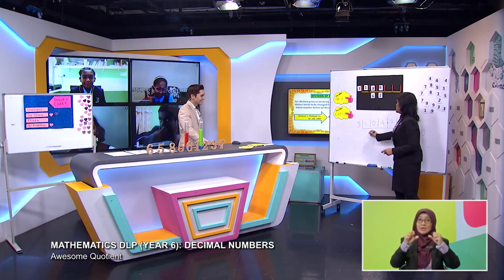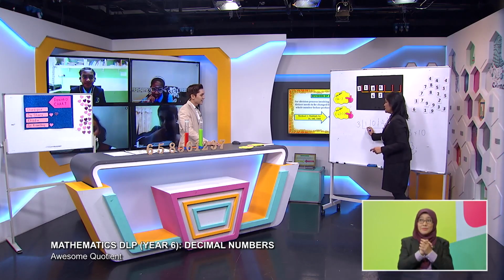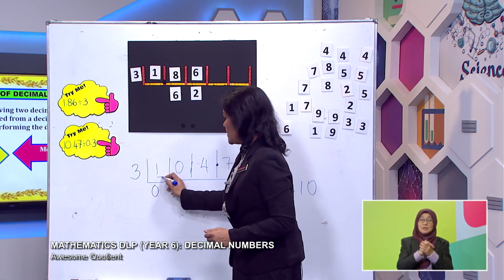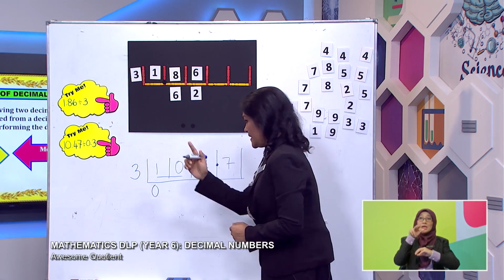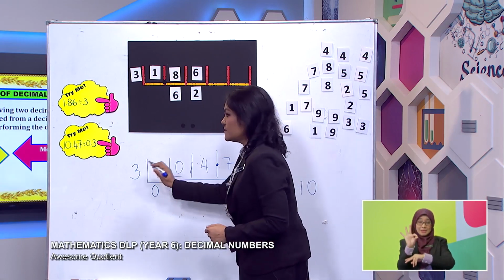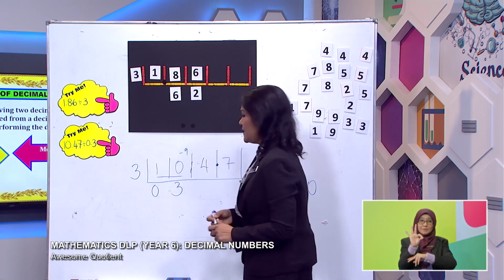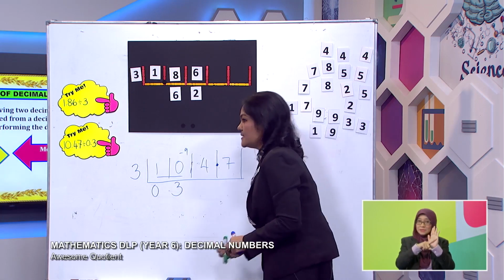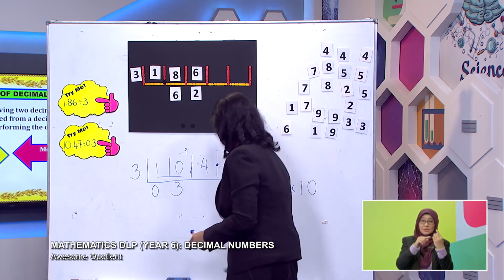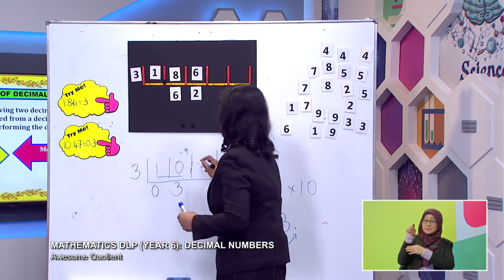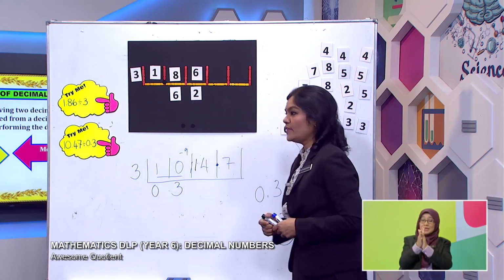Sure. As usual, 1 is 0. Now the value is 10. What can we put there? 10 divided by 3 equals 3. 3 times 3 is 9. 10 minus 9, what is the balance? It equals 1. So the balance, we bring it to the next box. So that will be 14. The new value is 14.